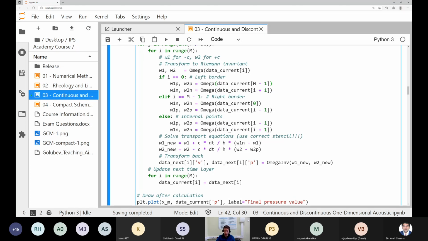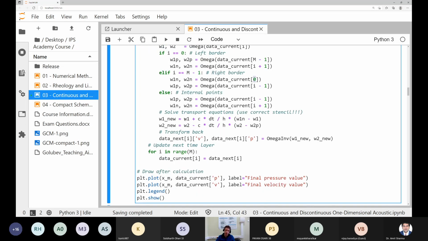So if we want to go from the point 0 to the point -1, we can go to the last point in our array, M capital -1. This is the natural periodic boundary condition, and the same is valid for the right boundary. So in this case, we will have the wave that propagates from left to right and many times loops over our integration domain. Here we have to solve our linear transport equation for the values plus C and minus C,